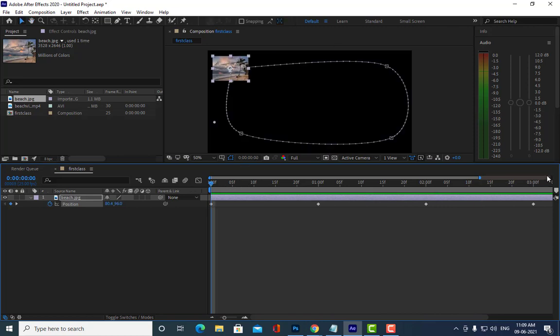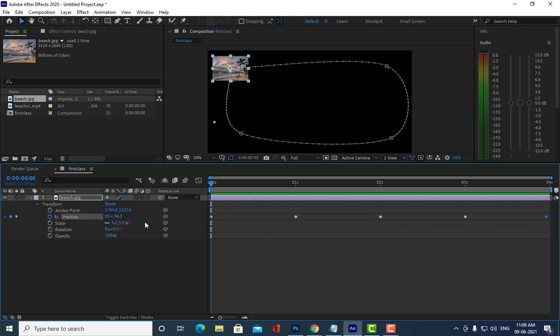Bharat, Prashant, Vishwanath, are you able to understand? Yes, sir. So we have created a 4-second animation here, and you can just increase or decrease the slider to check the keyframes. You can also collapse it like this.